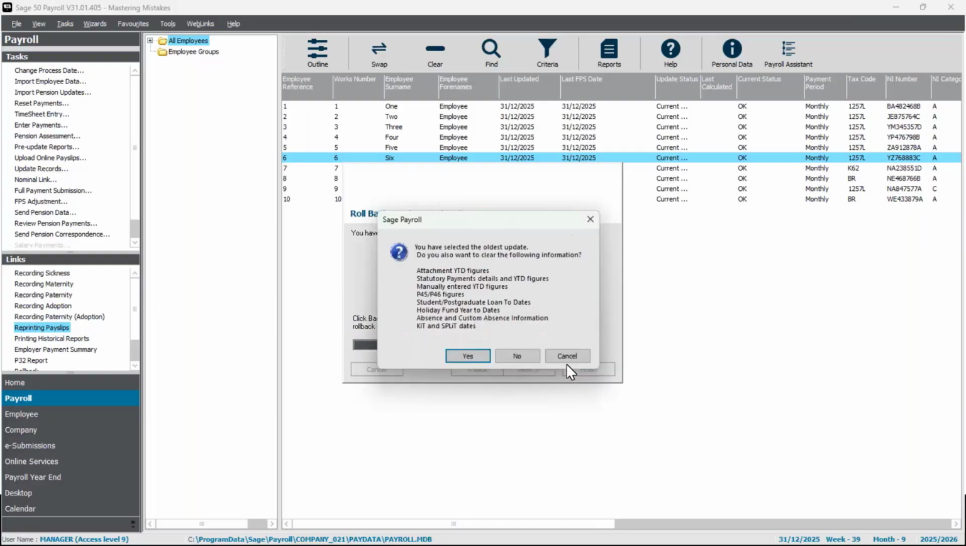I'm just going to go next and finish. Now this can catch some people out. This will pop up if you are selecting the oldest update on this tax year, on your relevant tax year, and you do want to select no to this message. So it is a message to be careful about. Quite easy to just kind of skip through it, but you do want to select no to this message if